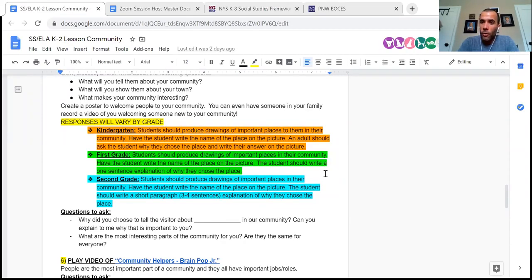You may have, again, an advanced student who could write more than one sentence. You may have a student who's going to describe the name of the place, but then ask their parent to write down what they verbalize. Again, there's a lot of different ways that this could look. And the one thing I would say, because you live in the middle here, right, in first grade, is that if you do have a student who's struggling, who has a hard time writing or verbalizing, and you think that this may be too deep of a dive to write those sentences, jump down to the kindergarten section and have them do that, right? If you have a student that's advanced, maybe their project's going to look a little bit more about like what the second grade expectations were.